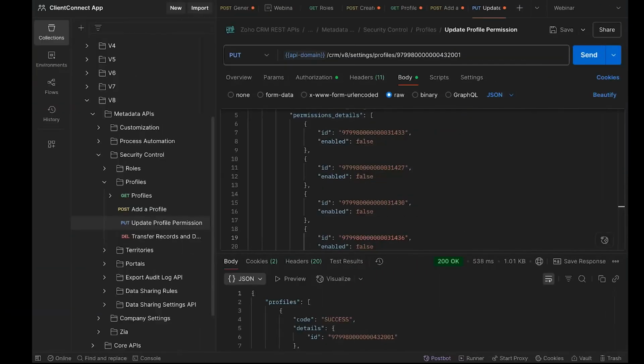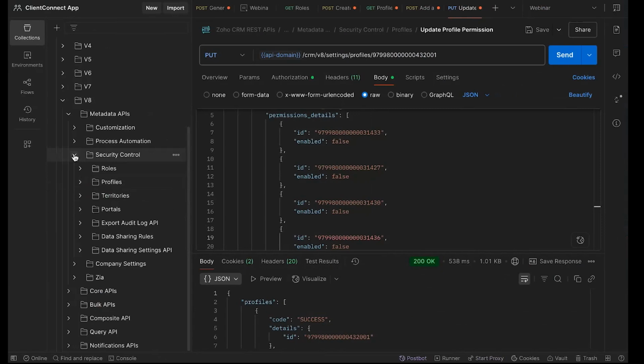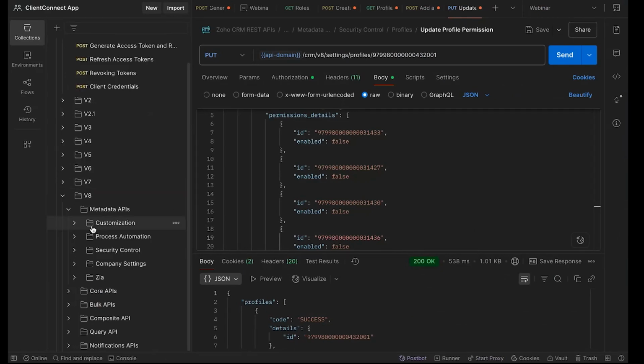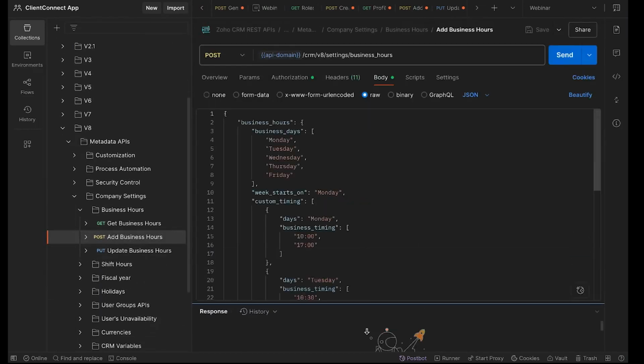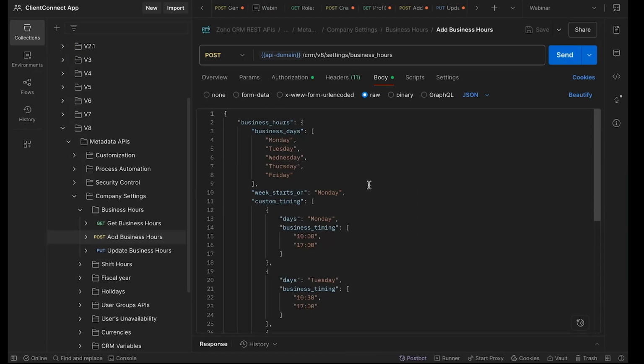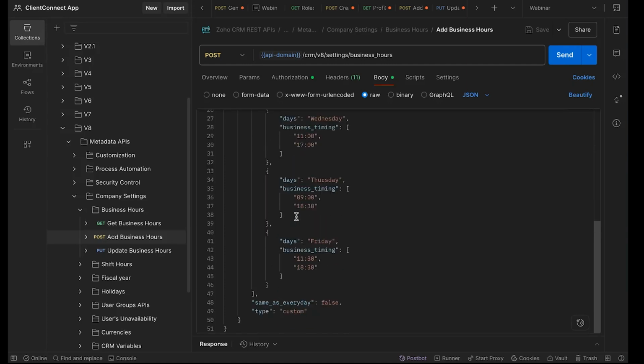So coming to our Postman collection again. So we have our business hours under metadata, company settings, business hours. So I'm going to add business hours to my org now. So we have the input JSON already here. So my business days are from Monday through Friday, and then my week starts on Monday. Now I'm going to have a custom timing for every day. So my type is set to custom,